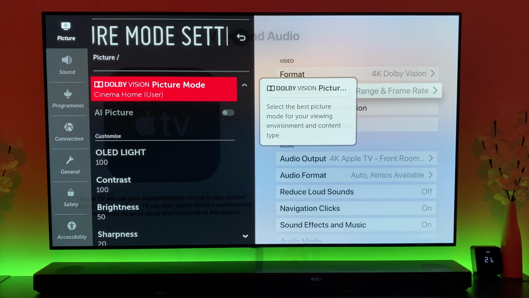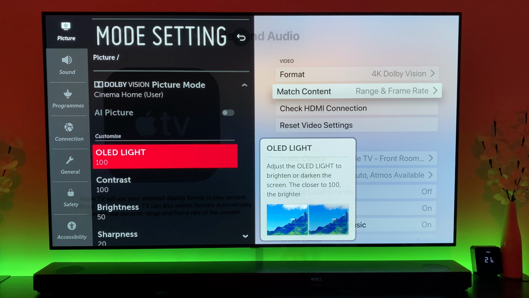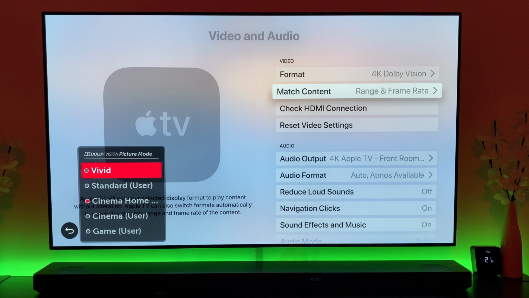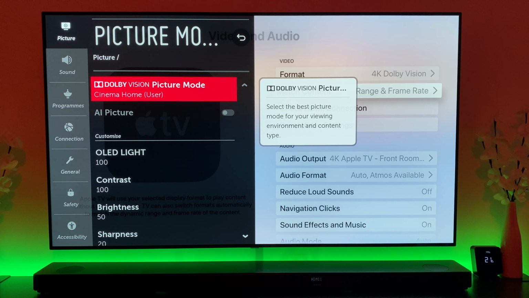So what we'll do is OLED light, this is 100%. This is obviously for bright room. Cinema, if you notice just there, will obviously darken it down a bit. This one I usually leave it on just because of the fact that